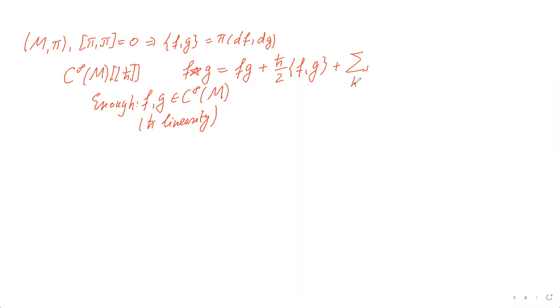The sum is taken over k from 2 to infinity, and here we have h bar to the power k times b_k of f and g. So in general deformation theory, b_k should be just a bilinear form